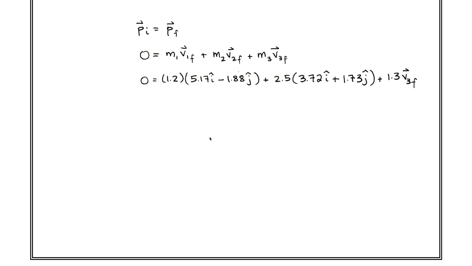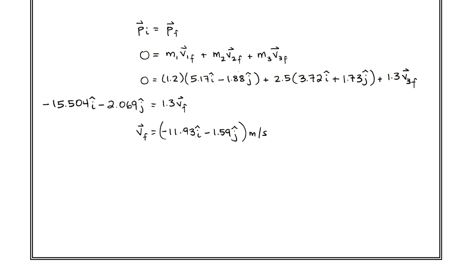Now in the next step, hopefully this isn't too much for you, I'm going to distribute mass through here. I'm going to distribute mass through here. I'm going to collect like terms on this side, and I'm going to move those like terms over. And there it is. So I've collected all my i hat like terms and added them. I've collected all of my j hat like terms and added them, and I've moved them over to the other side, and I'm about to divide by 1.3. So here I go, and when I do that, I get minus 11.93 i hat, minus 1.59 j hat meters per second,